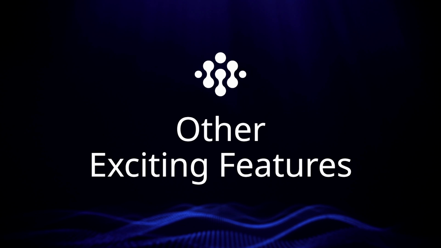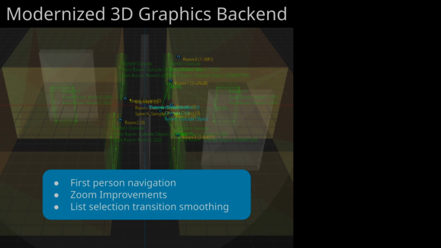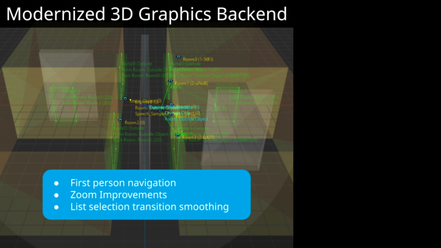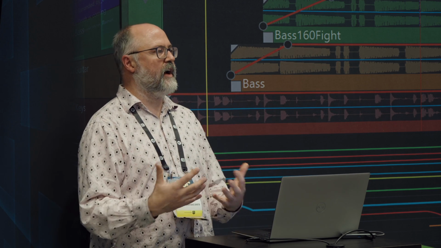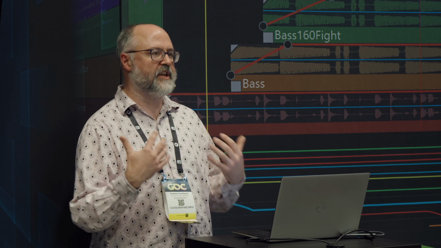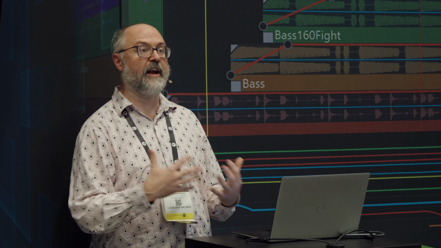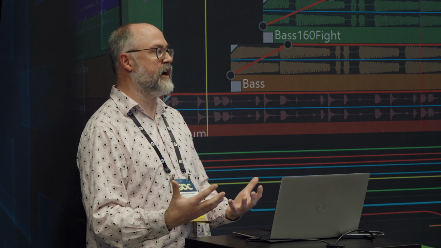A couple other features. So we introduced a new modernized 3D graphic backend that landed first in the Game Object 3D viewer, and it's going to continue to find its way into other parts of the user interface. This is really the tip of the iceberg. We've been working really hard to put in a framework that will allow us to continue building forward in the future with greater flexibility within the user interface.